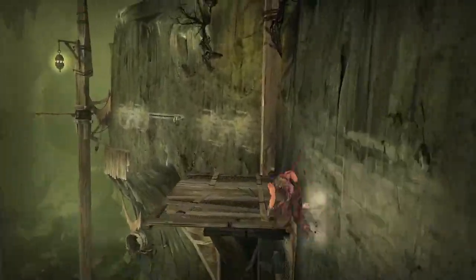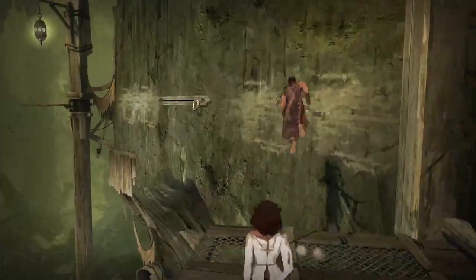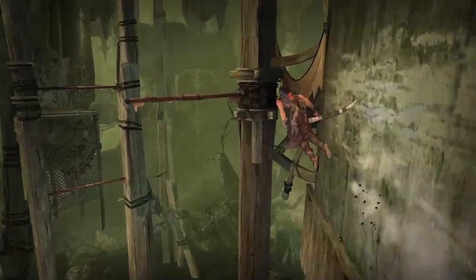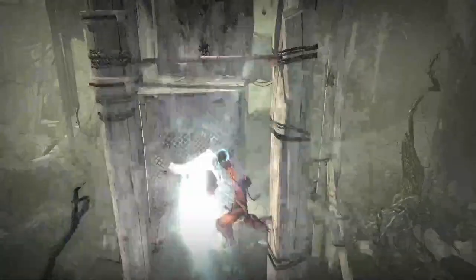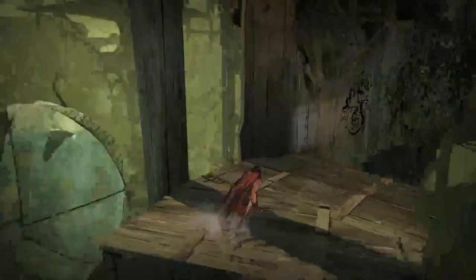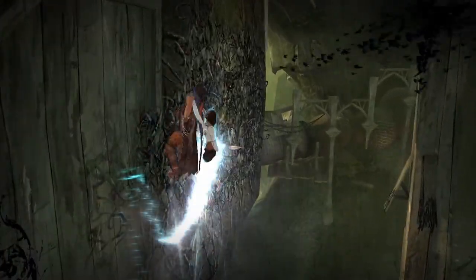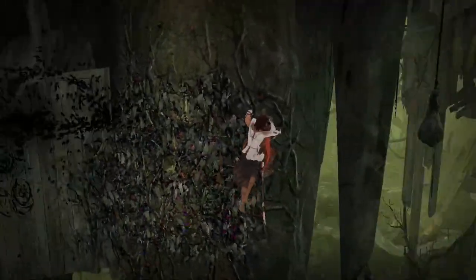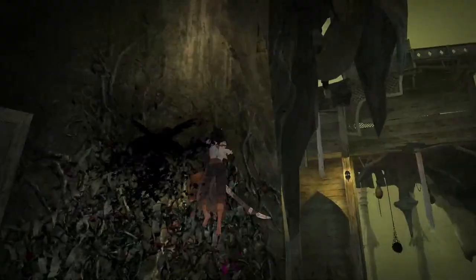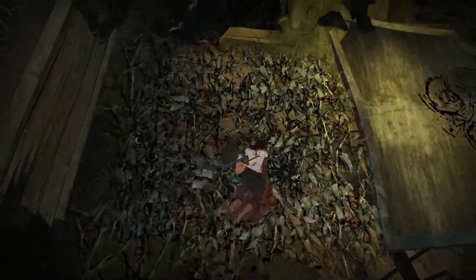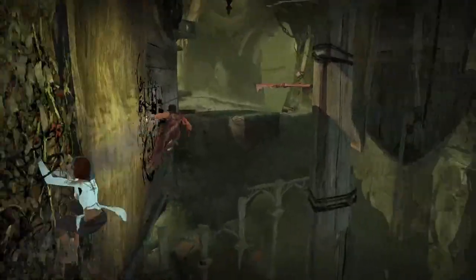To move from city to city, they would have to use the prince's acrobatic abilities to get from place to place, which I feel was a smart decision. The traversal is a big part of this game, and giving the player that choice of where to go next works really well.